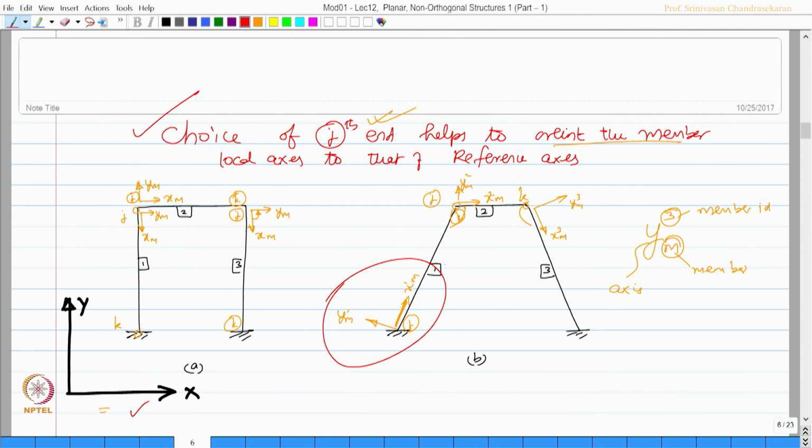For member 1 and member 3 they are not aligned. So, member 1 and member 3 need to be transformed, because their axes are not getting mapped or aligned. Having said this,